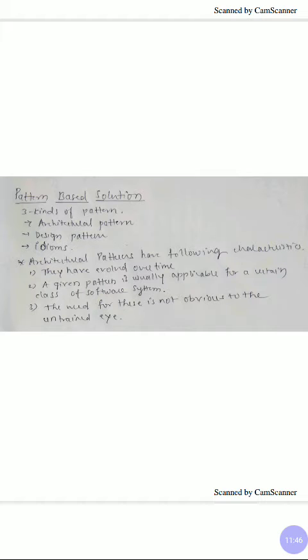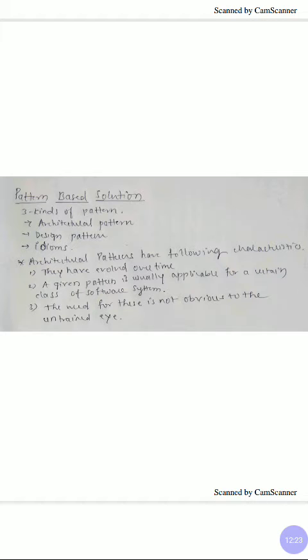Architectural pattern has the following characteristics. They have evolved over time. The thing is that in the earlier years of software development, it was not very clear to the designers how systems should be laid out. Over time, some kind of categorization evolved of the kinds of software that are needed. It became clearer how these systems and the demands on them change over their lifetime.